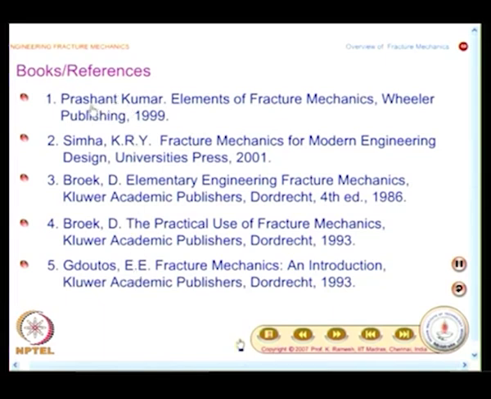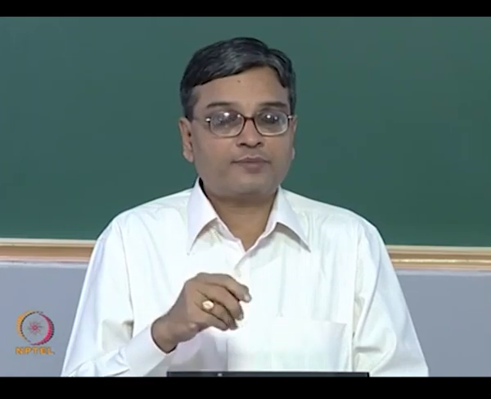And there is a book by Professor Prashant Kumar, Elements of Fracture Mechanics. This was earlier published by Wheeler Publishing, now it is available through Tata McGraw-Hill. It is quite a good book for you to possess. It has a balance of conceptual development and mathematics. It is affordable, and I would recommend you to have this as a textbook